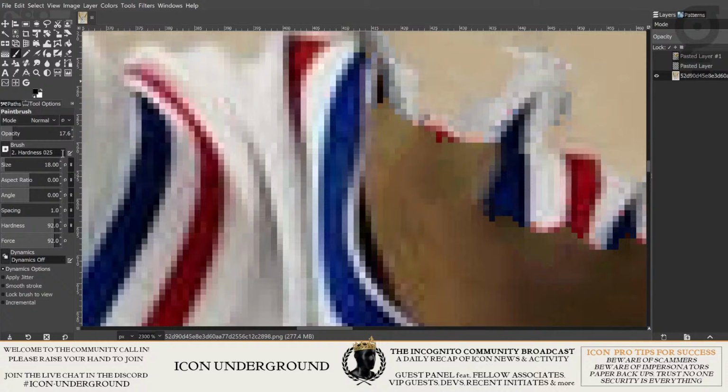So here's where I'm going to grab the paintbrush tool with the black color enabled. I'm going to lower the size of the brush to about here. And yeah, I'm just going to paintbrush. I'm going to turn up the opacity a bit so this paints faster. Lower the brush size a bit more. Yes, let's lower the brush size to about 3 here. And we can kind of lower these settings a bit as well. And I'm just going to manually paint this black line in here. Alright, I'm going to up the opacity a bit so it paints faster. Here we go. And I'm just going to repeatedly, delicately brush stroke a black line back into this,